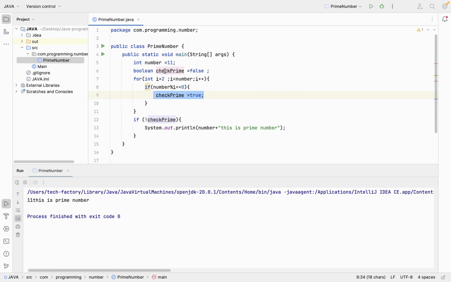This will return true as a value here after dividing, and it was saying that this was a prime number, but it was saying that this is not a prime number, and we are checking the not condition. In case this is not divided by any number, then only we will print this is a prime number.